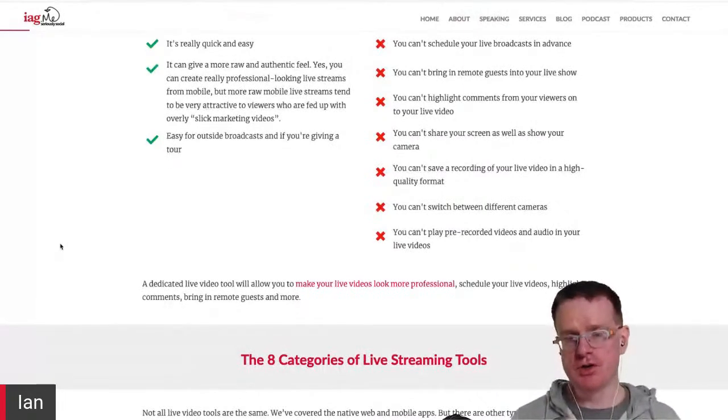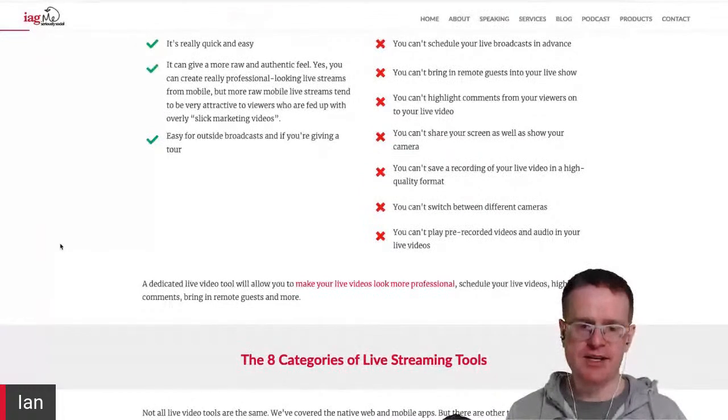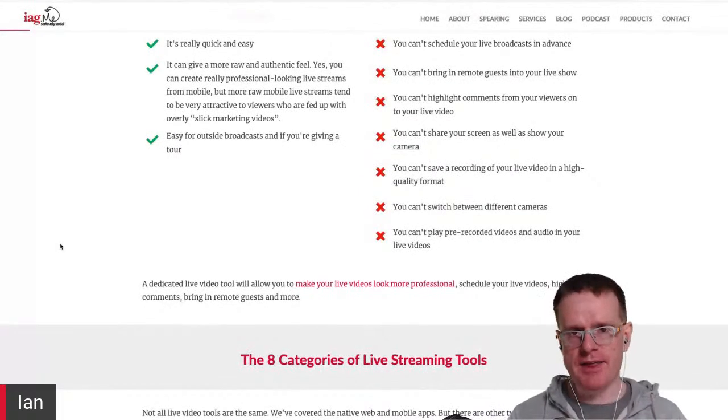live video. So if you've got something that you prepared earlier, you can't then just switch to that in your live streams. So yeah, just think about that when you're making that decision of whether to go live from your phone or whether to go live from your computer, because there are some differences there between the two. So yeah, let me know what you think about all of that, because there are some big advantages and disadvantages